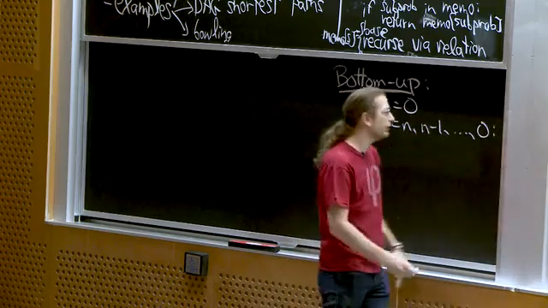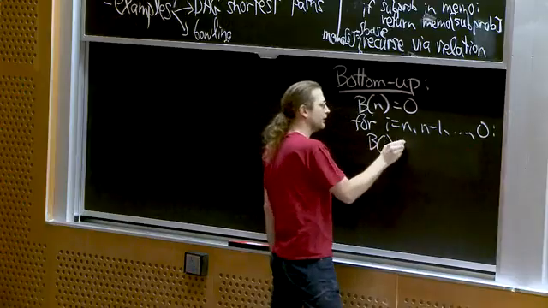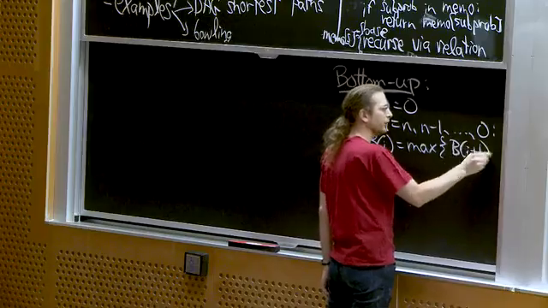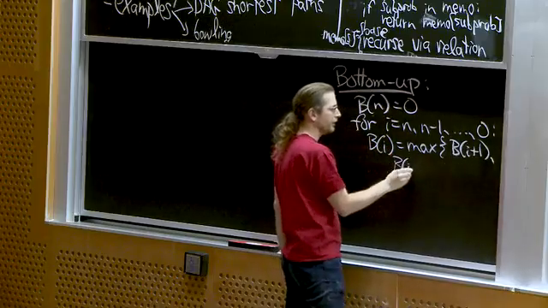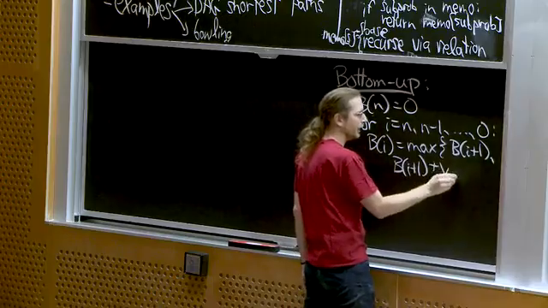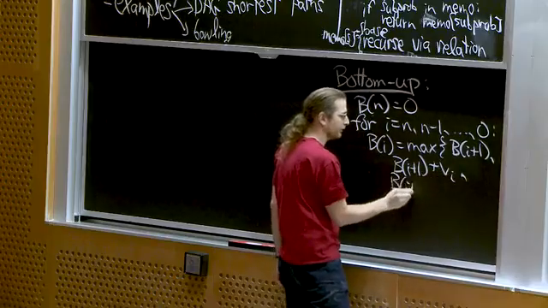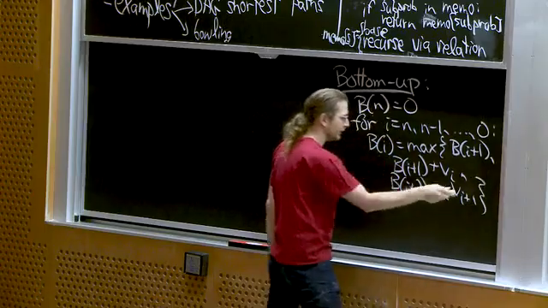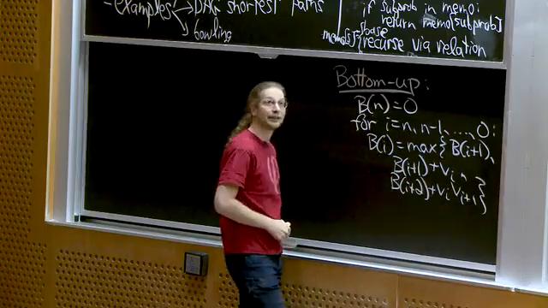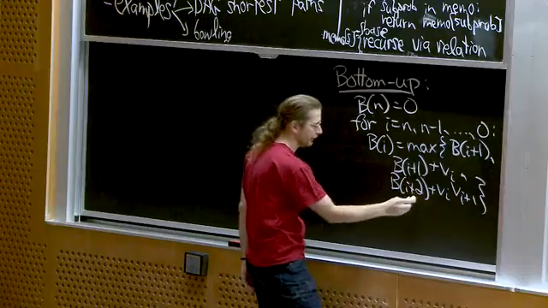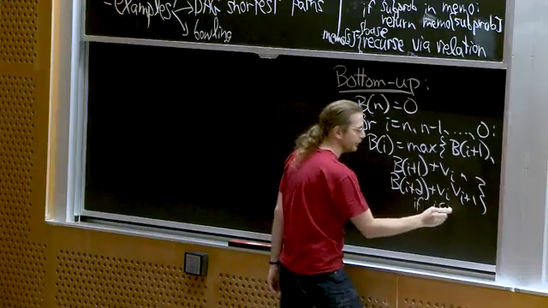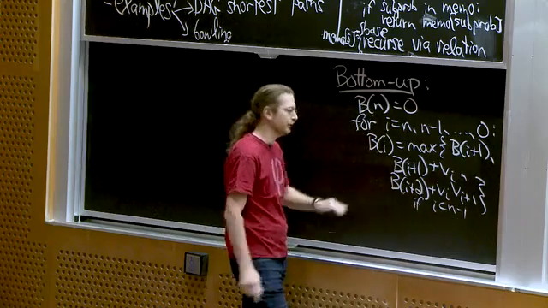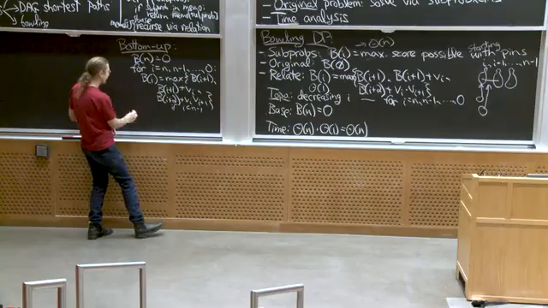Now I'm going to do the relation. b of i equals max of b of i plus 1, and b of i plus 1 plus v_i, and b of i plus 2 plus v_i plus 1. Technically, this only works if i is strictly less than n minus 1. So I should have an if i is less than n minus 1 for that last part, because I can only hit 2 pins if there's at least 2 pins left. And then return